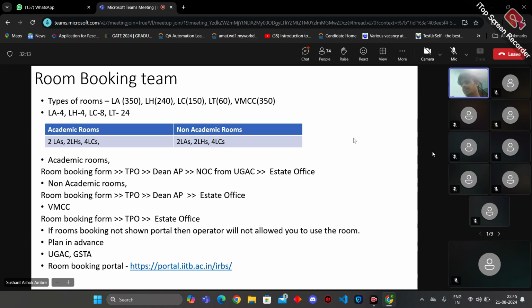So we suffered that. That's why I prefer that you don't go for academic rooms; book non-academic rooms. If you do planning sufficiently, you will get those rooms. So there is one